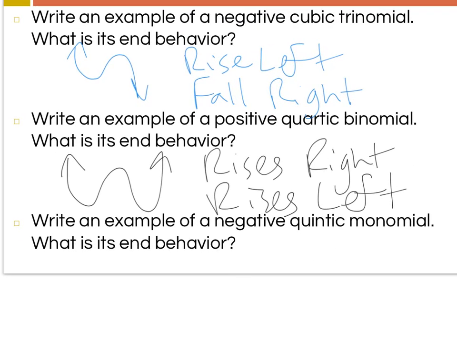Write an example of a negative quintic polynomial. So a negative monomial. What's its end behavior? Well, our general look of a quintic, when it's negative, is going to be like that. Again, the middle, all the maxes and mins, are not necessarily always going to be quite as pronounced. It can end up being just kind of and then down. But our general look, we're looking at our end behavior, look at our arrows. This is our negative quintic, so arrow going up on the left, down on the right, so it rises,